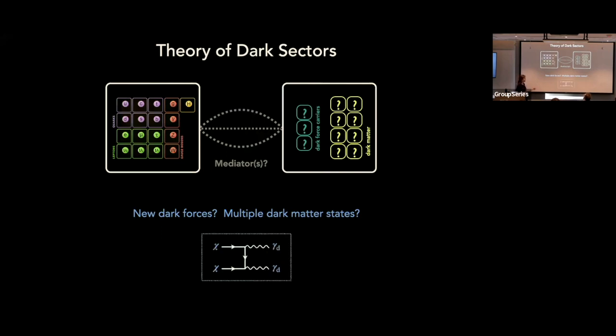So coming back to our really simple example here, in this case, for this forbidden dark matter, I'd have a chi, that's one of these yellow boxes. I'd add this gamma d, that's one of these green boxes. And that would be my dark sector. It would consist of this chi and this gamma d. I can do more complicated things where the gamma d is actually the mediator. That's also fine, but I won't get into that.